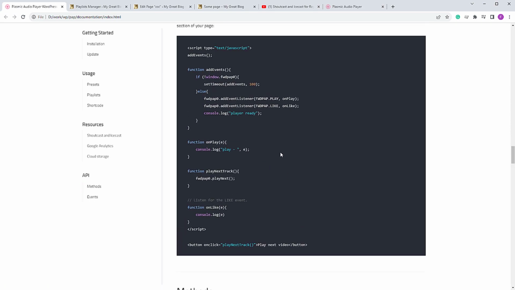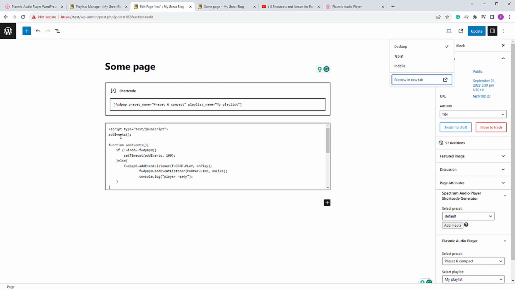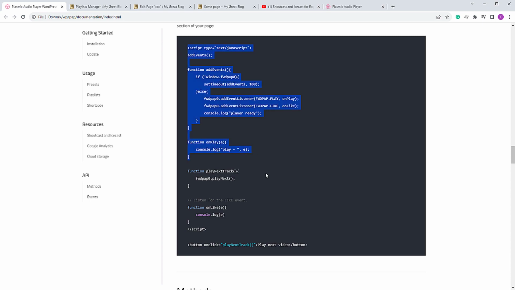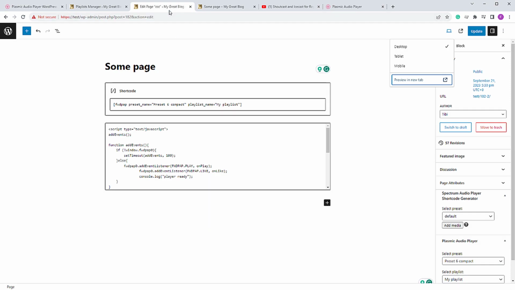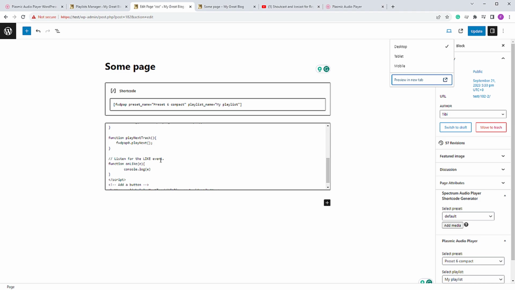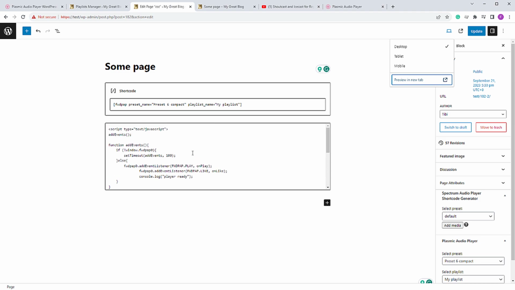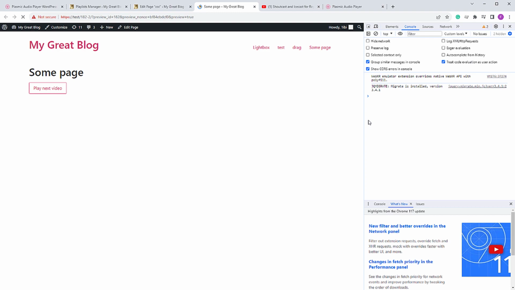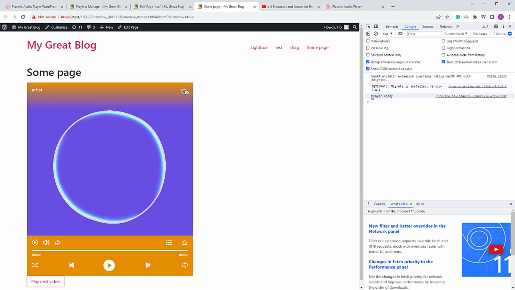I'll not go into this, but since I already have the code here, I basically grabbed this code from here. I just copied it and pasted it in an HTML block, and this is how it's working using the API. So just update, and if I open the console now, you see a play already here,